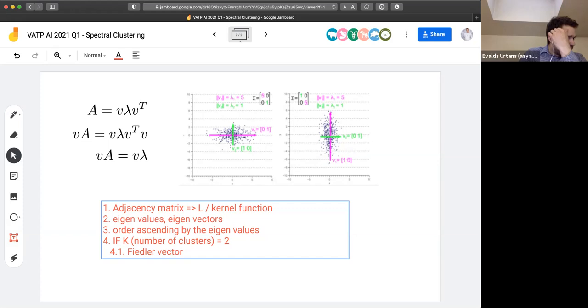Maybe I can find what was the name of those matrices. So the Laplacian graph matrix, I think it was the Kirchhoff matrix as well. And Kirchhoff was a physicist, I think. He was working with waves, and there is a connection with the wave equations, and that's why it kind of works. And it kind of represents the idea that if you have just two clusters, then there would